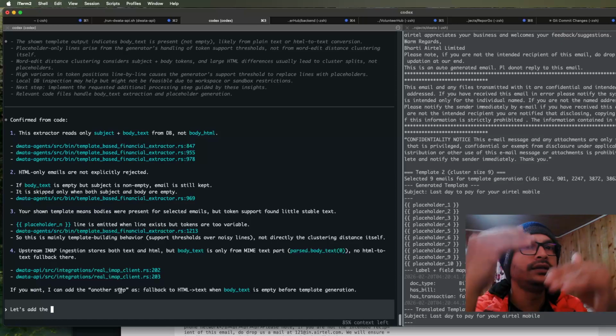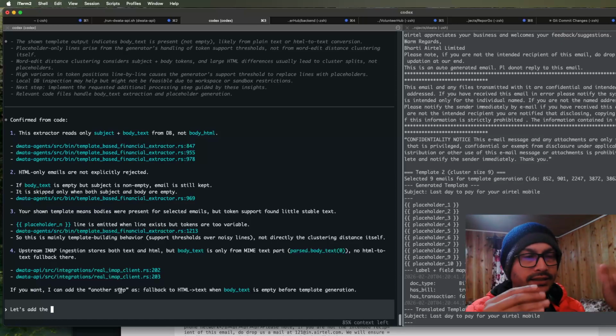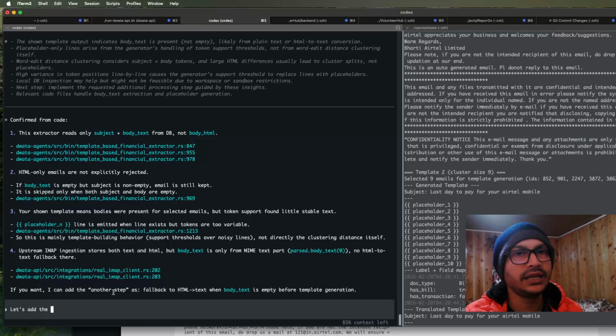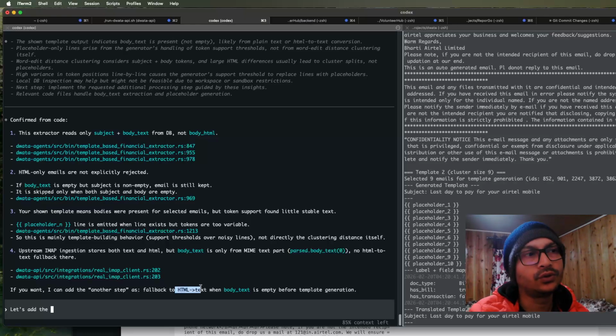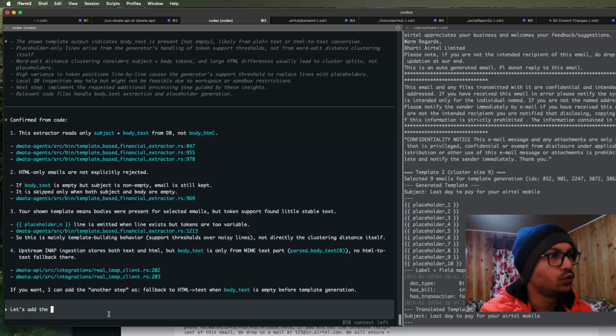Once you start designing software in this way, where you have thought through all the edge cases and have all the edge case handlers very clear in your code, it will figure out that there are many other steps, so maybe another thing should be to fall back from HTML: extract text out of HTML and then run the processor. So I'll be like, yeah, cool. Let's add that extra step